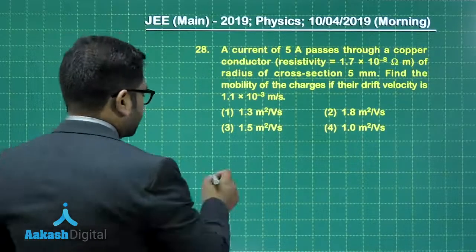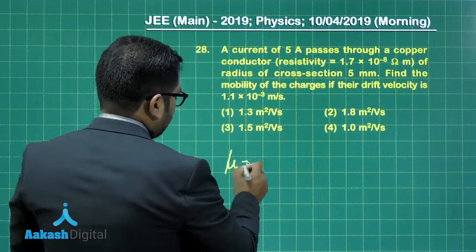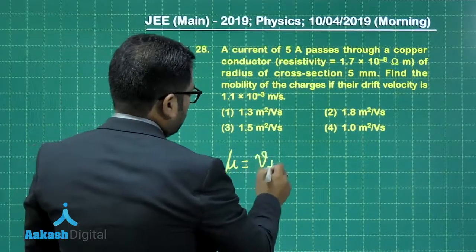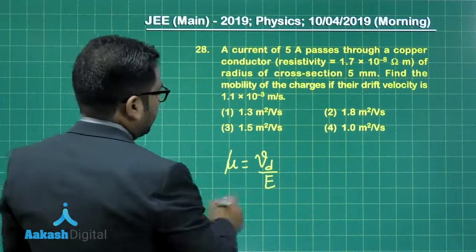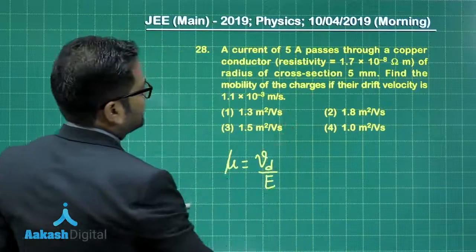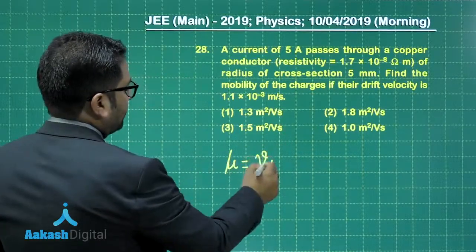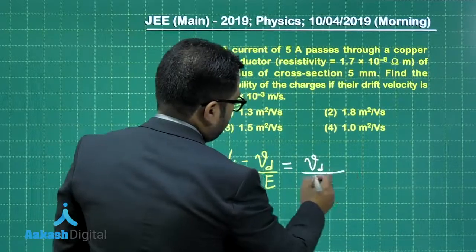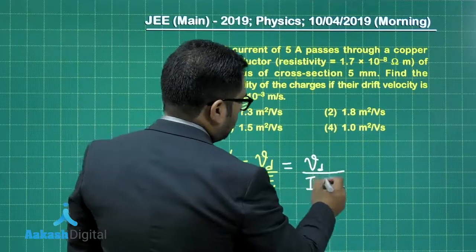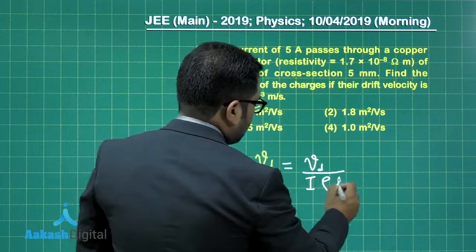Now the famous expression, you see, Vd equals mu into E. E is the electric field. And after that, the drift velocity is given. Electric field has to be calculated. So that can be done in this way. I into R, that's rho L by A